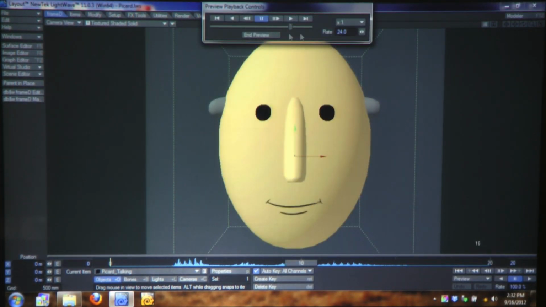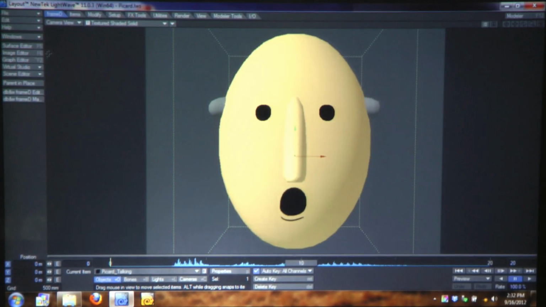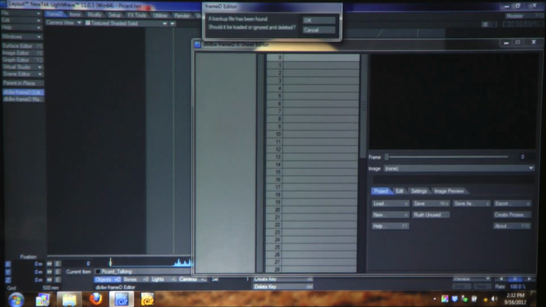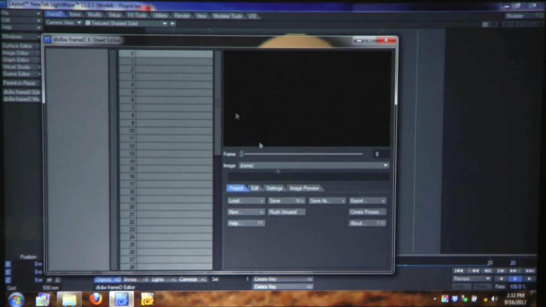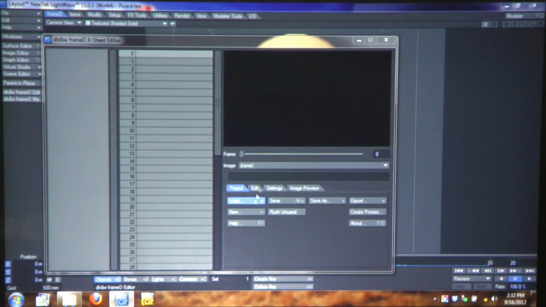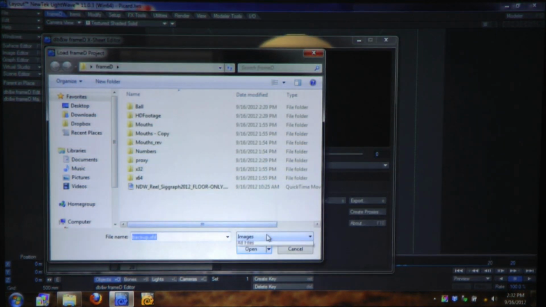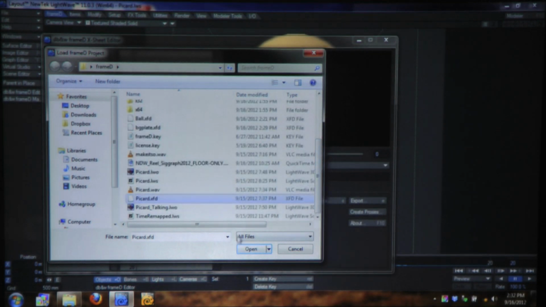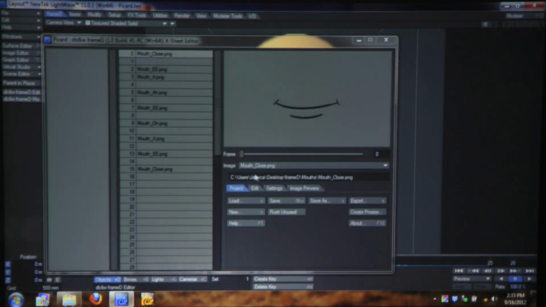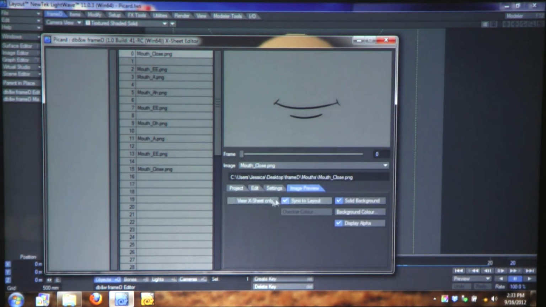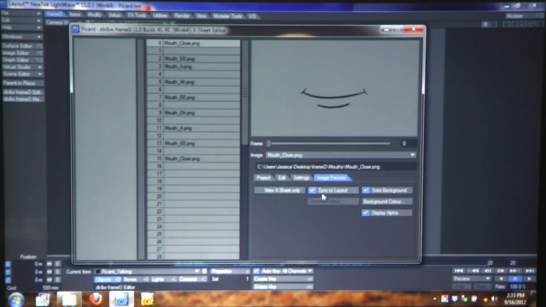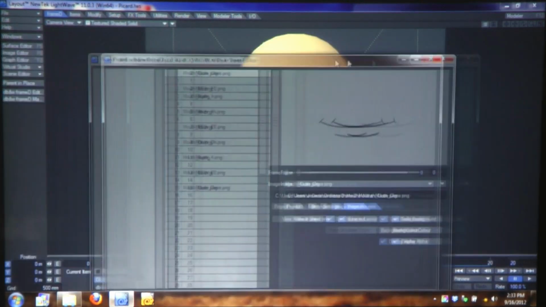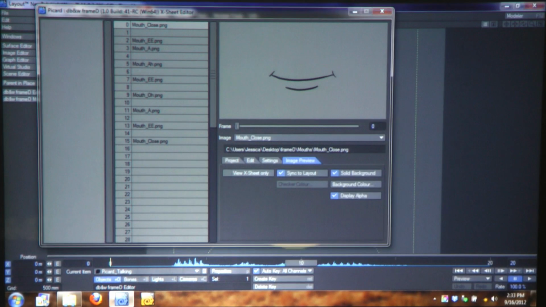Make it so. All right, so frameD editor. Let's do this, load Picard. So imagery, sync to layout. Okay, so it actually already had that checked because I had this saved in this project from before. So if I scrub layout,